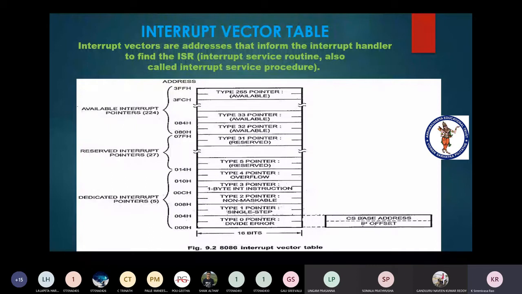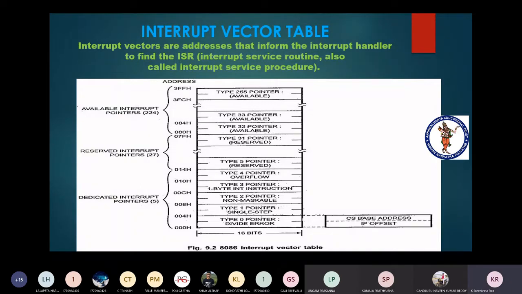If they are in different segments, we call them far away from each other. If we say near, they must lie in the same segment. From that point of view, calls are divided into near call or far call. But all interrupt service subroutines are outside the current segment, so whenever an interrupt is received, automatically one far call is executed.